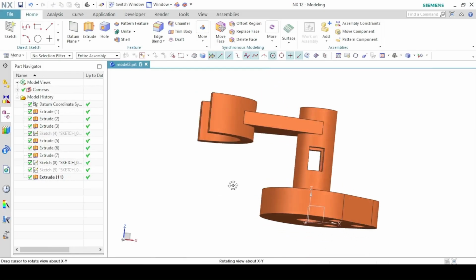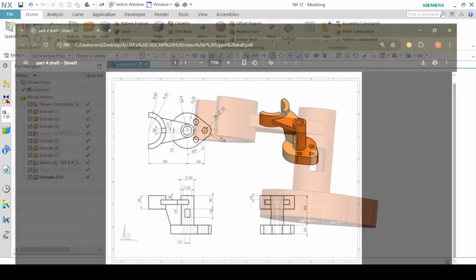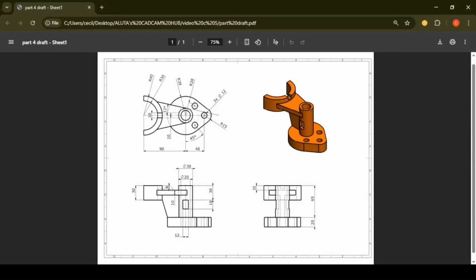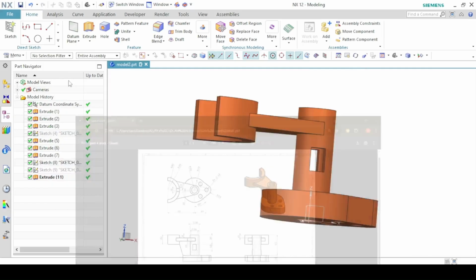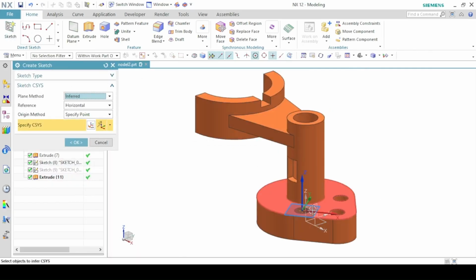So we forgot to add a rib to this side, so that's what we are going to do. The diagonal of the rib connects this cylinder to this point here. So create a sketch on this XZ plane.